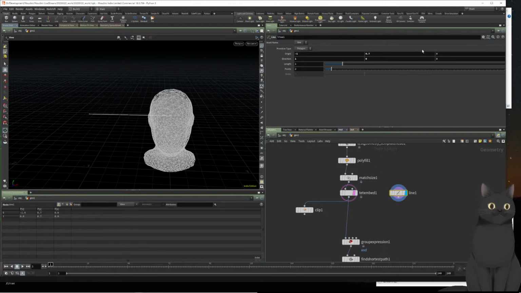Now you could simply say distance from geometry, and it should return a distance